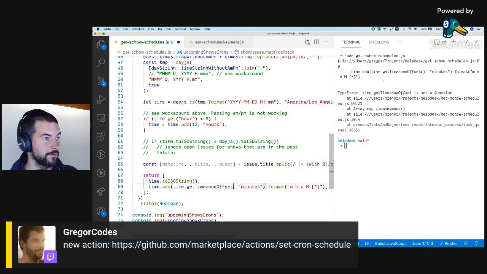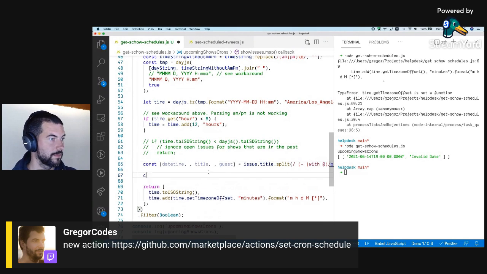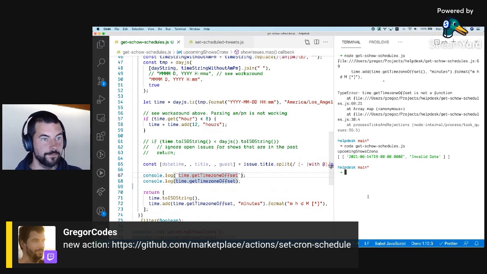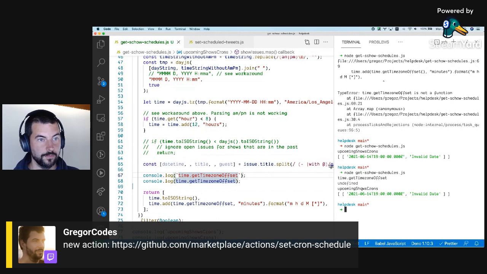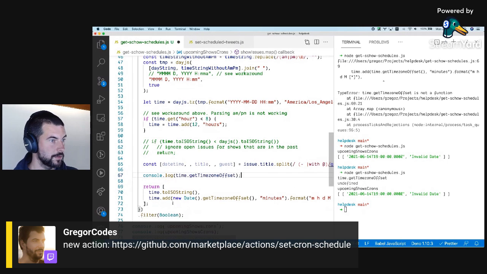Oh, it's not a function? Invalidate, okay. Let's try this.